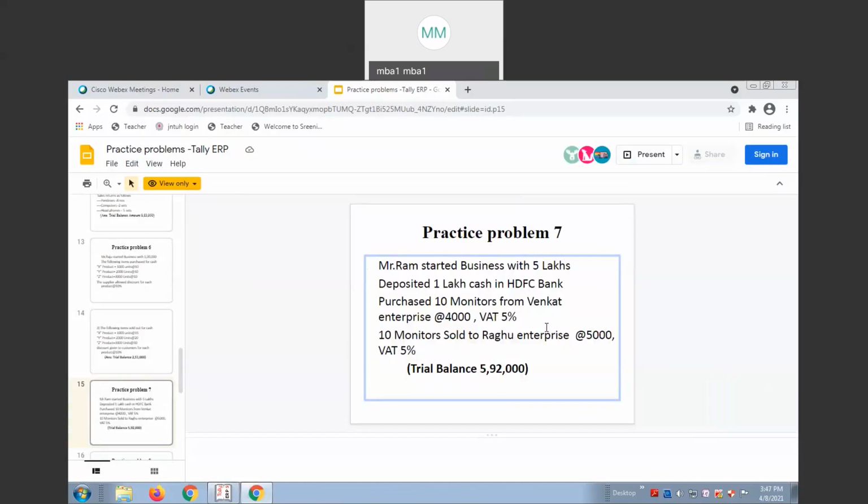Monitor we have created, Pranita, in the stock. We need to create cash. How do you create cash? Cash is already created, inbuilt. If you try to create cash, it will not take. This is not a GST problem, right?